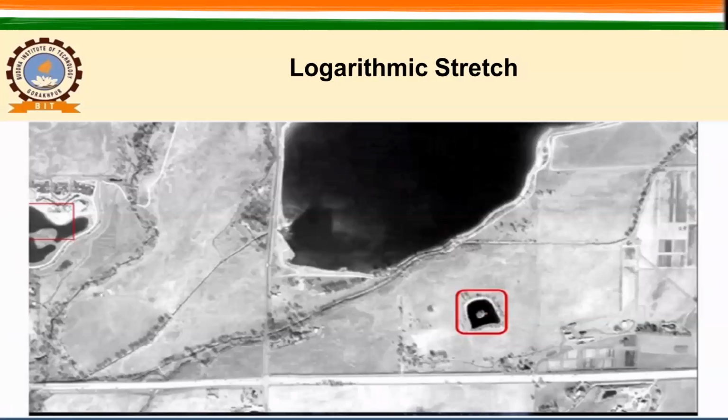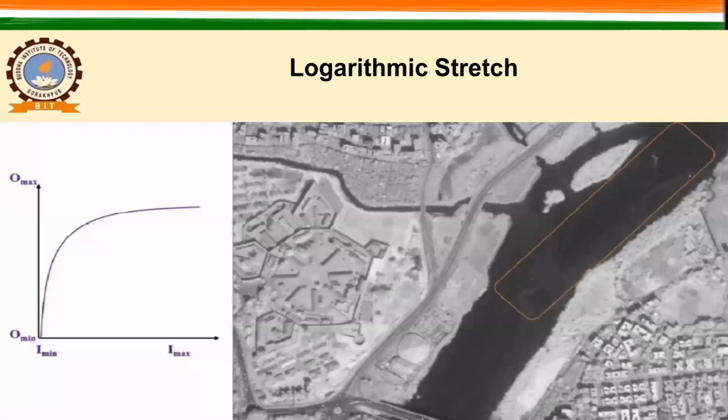And this is another example. Here you can see after logarithmic stretch, and you just compare this and this image and just see a small water body, right? Now I am going back and again see this one. There is a change in the area or the information which is available here, right? So hopefully these examples will help you to perceive the logarithmic stretch results in remotely sensed images.